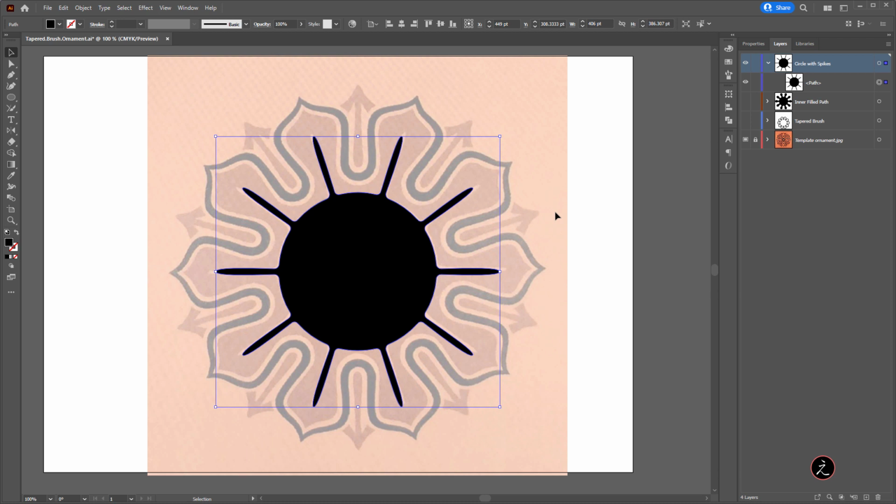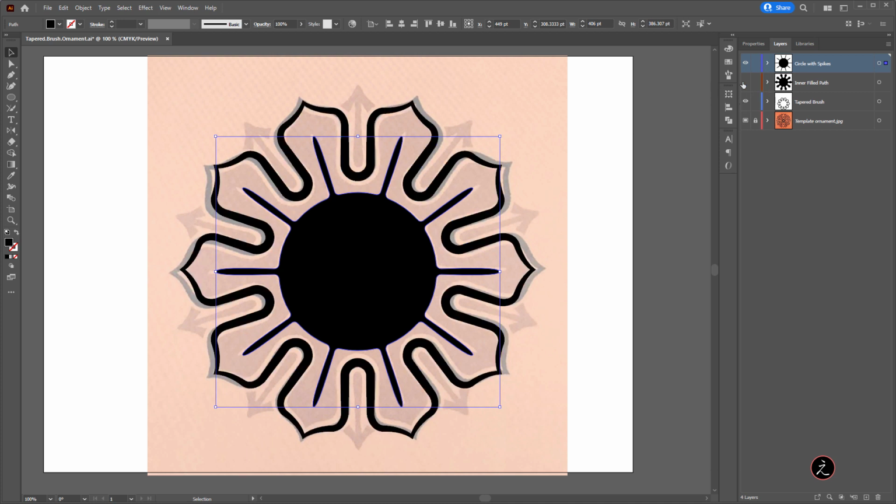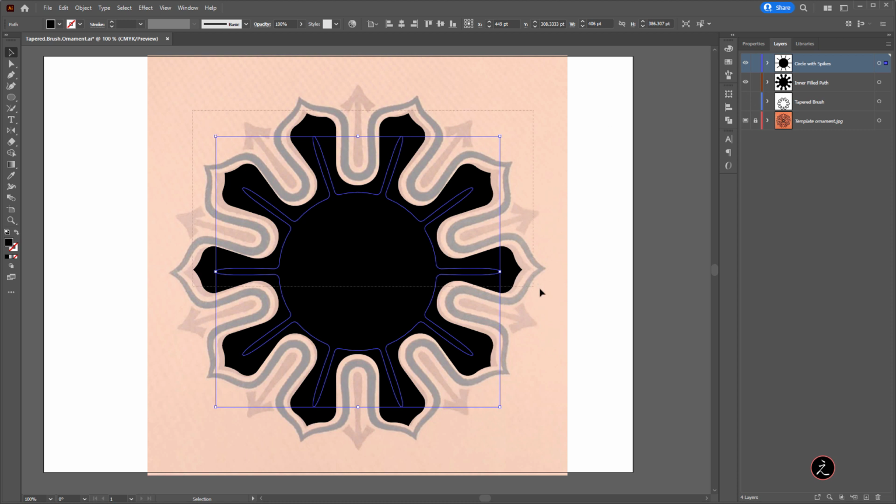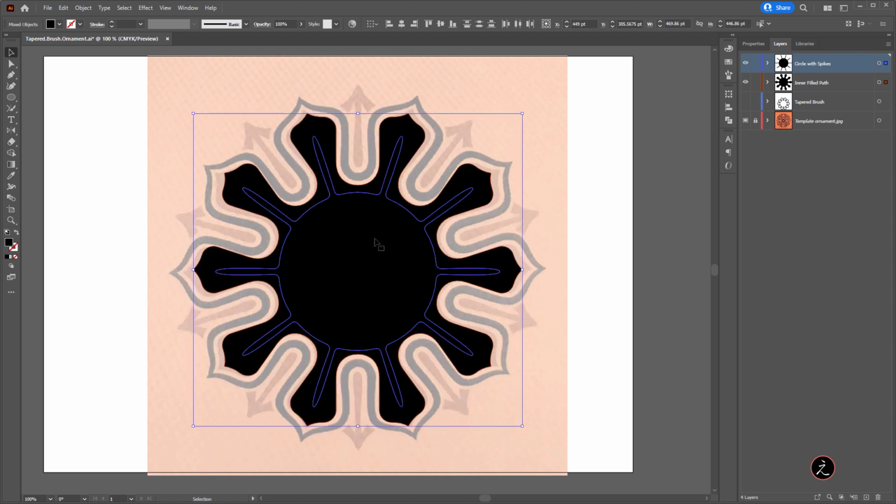And I think we have one more step here that we're going to actually need to select all of these here. Not this one, those two. And basically, we need to cut this from the circle with spikes. It needs to cut through to the inner fill path. Now, because I don't want the change to be permanent and use, for example, the shape builder tool, what I'm going to do is actually use the Pathfinder here.